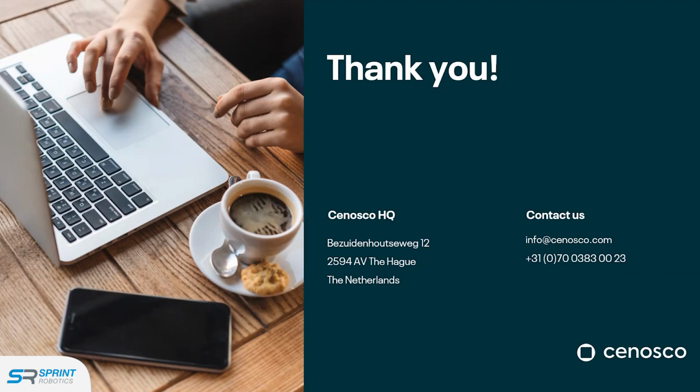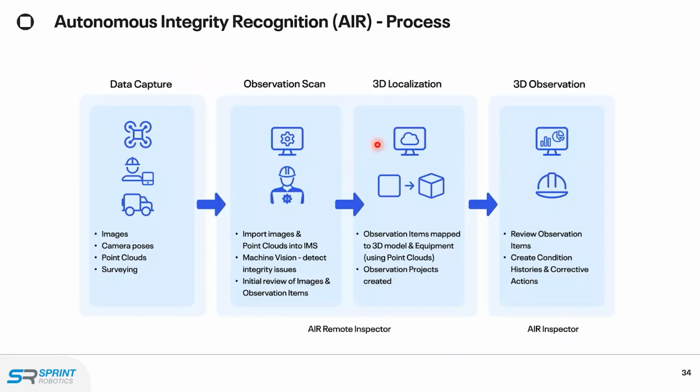That's the key of the AI, right? So we don't process this, we don't screen the photo in that process. If I come back here, that observation scan, we're going to import that data. We're going to take bulk tens of thousands of images and plug them into the algorithm. The algorithm will identify by itself, and then later on, we're going to verify. We're going to do what we call a remote inspection. That remote inspection is the final screening before taking an action.